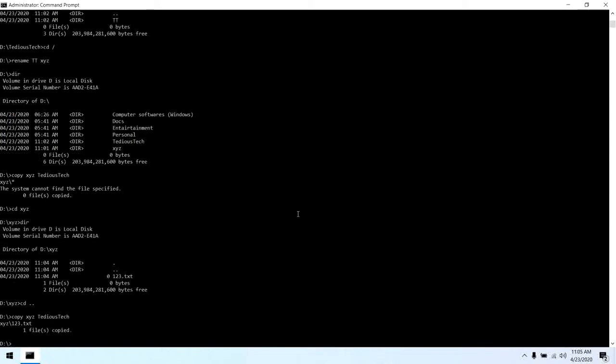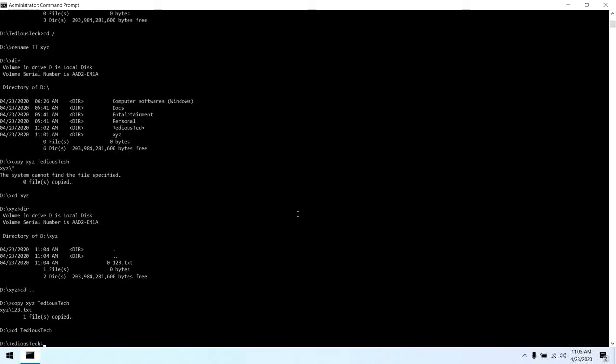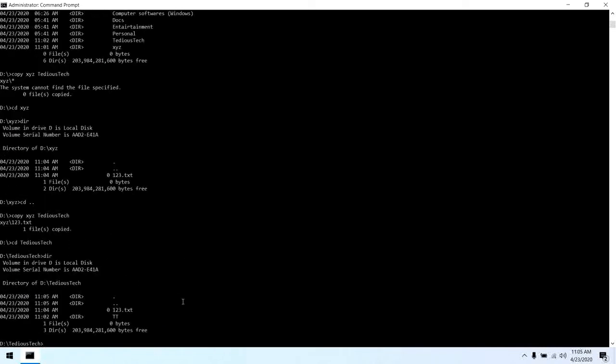I'll hit enter. One file is copied. So we are going to see if it is actually copied or not. So for that cd space tedious tech and hit enter, and again dir and hit enter. You can see 123.txt. To remove this file, just type rm